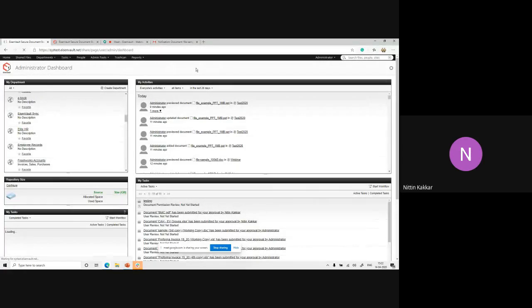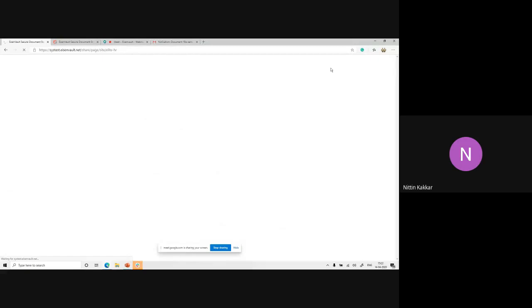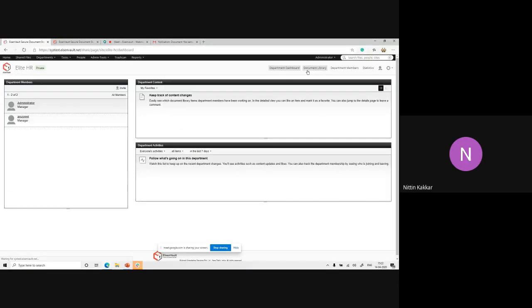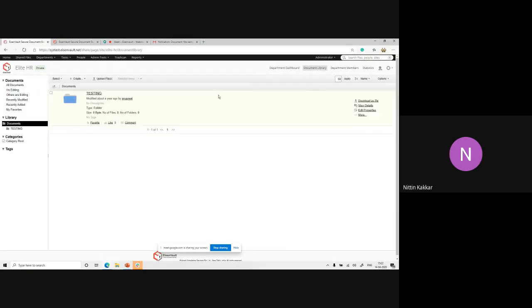So you cannot just subscribe to an individual document, because I understand there will be a bunch of documents, or multiple documents, which a user would like to subscribe to. Say this is a testing folder and you might have multiple documents in it. You can just select the items you want, go into selected items, and subscribe to all the documents in one go.